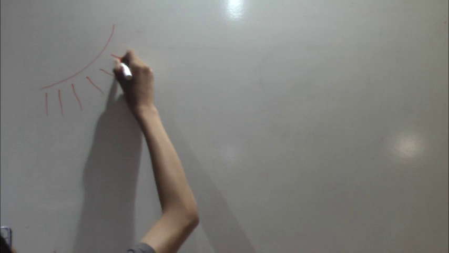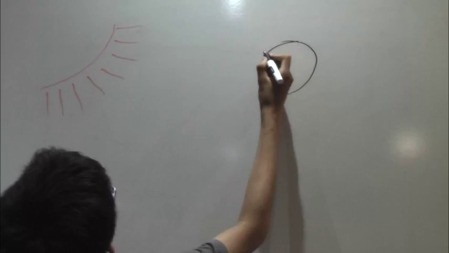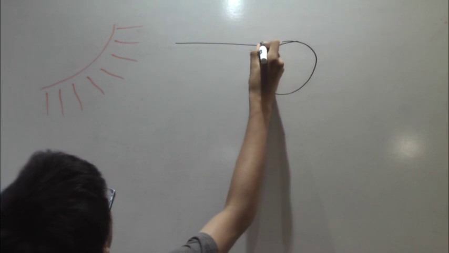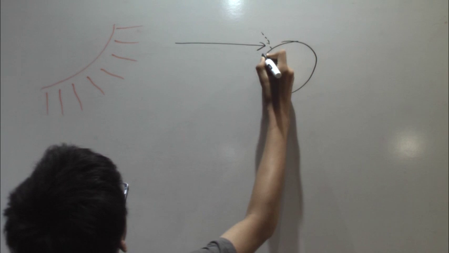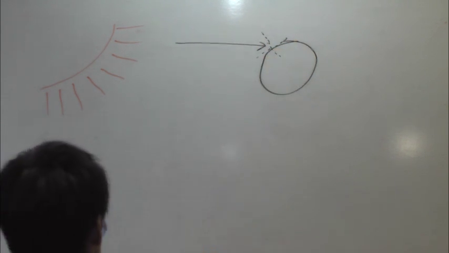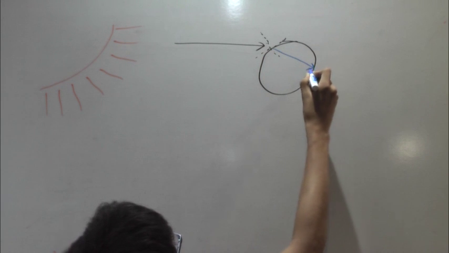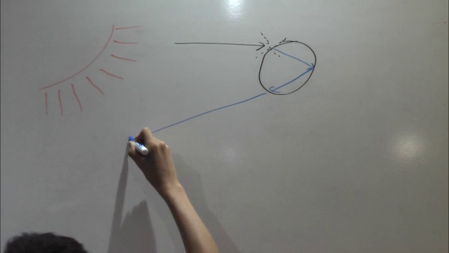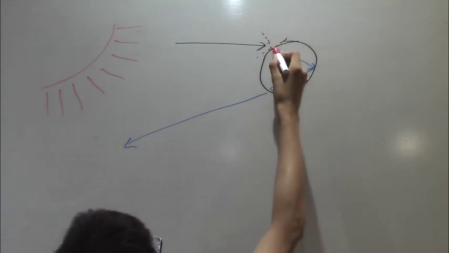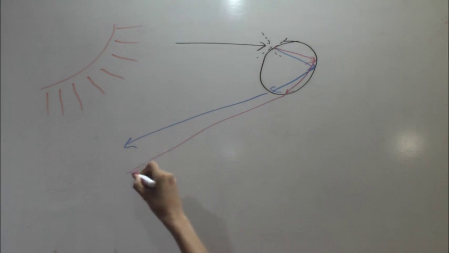So now let's put all the pieces together. First I will be drawing a small rain droplet to act like a prism so we can undergo dispersion. We have the white light entering, and because of the refraction and the different indices for all the different wavelengths of light, it will turn into all the colors of the light spectrum, but we'll just be using blue light and red light to represent both sides of the visible light spectrum. So we have the blue light, which reflects off the back, and then the red light,